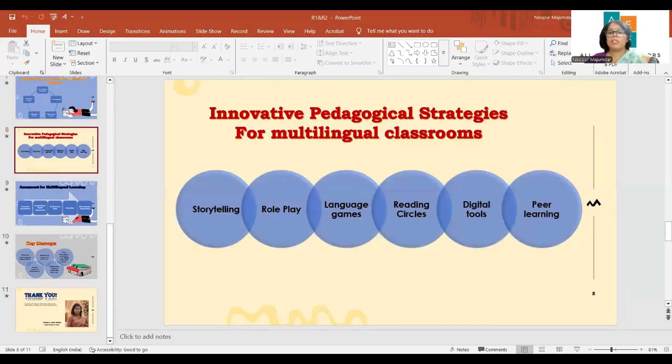Now, what are the pedagogical tools which we can apply, right? So effective multilingual classroom require innovative teaching approaches. CBSE recommends moving away from lecture method, you all know this very well, towards activity-based, competency-based, and learner-centered. The child should be an explorer. So storytelling, बच्चा involved है ज़्यादा, right?